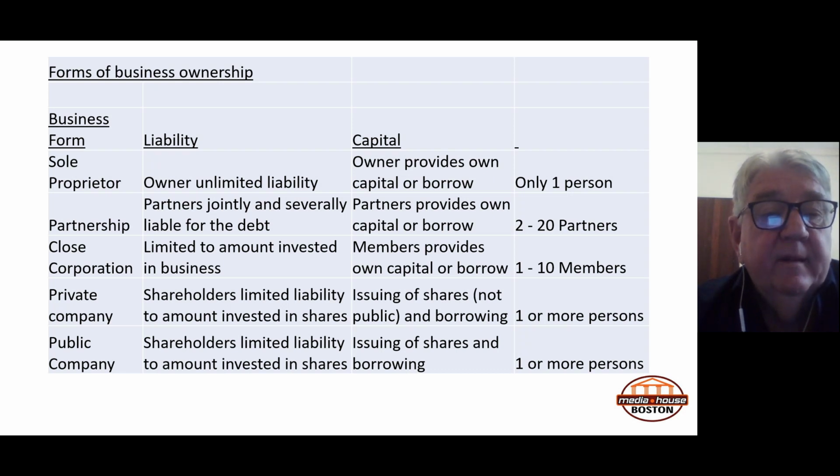Public company, again, the liability, shareholders have limited liability to the amount invested in the shares. How do they raise their money? They issue shares on the stock exchange and they borrow money. And it can be one or more people. Obviously, if it's on the stock exchange, it's probably a lot more people. So those are the forms of